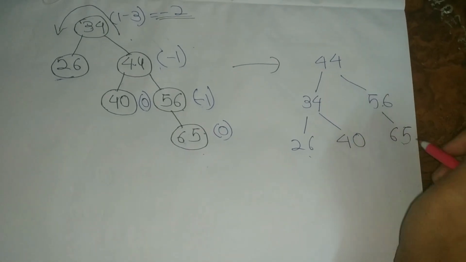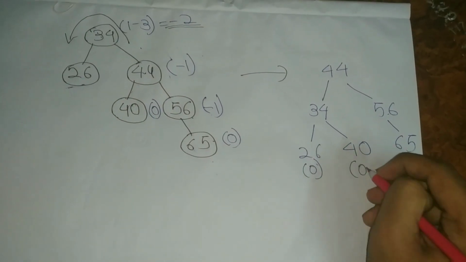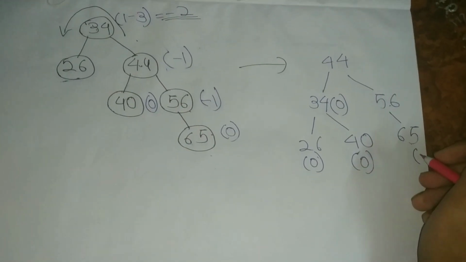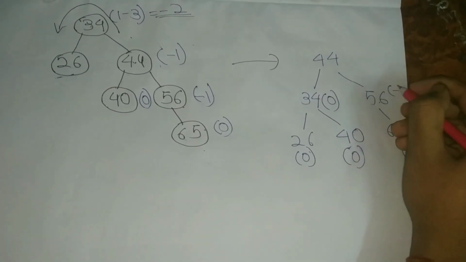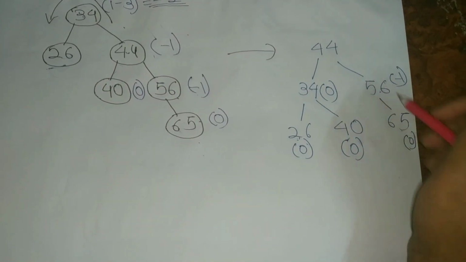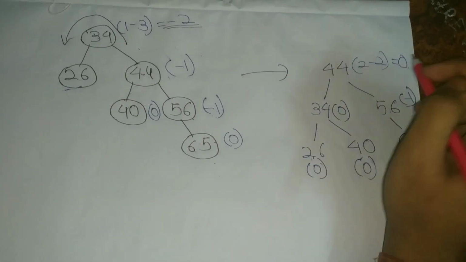So here it will come. See, this will be 0, this will be 0, this will be 0, this will be 0, this will be minus 1, and here it is 2, there are 2, and here it is 2, so 2 minus 2 will become 0. Okay,